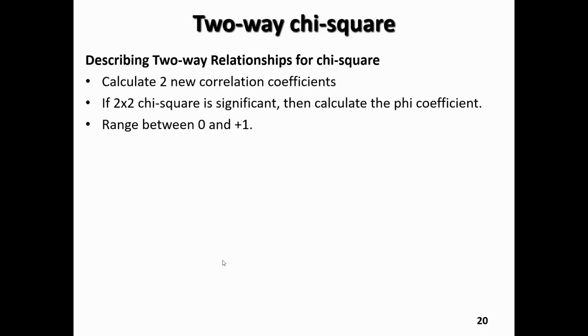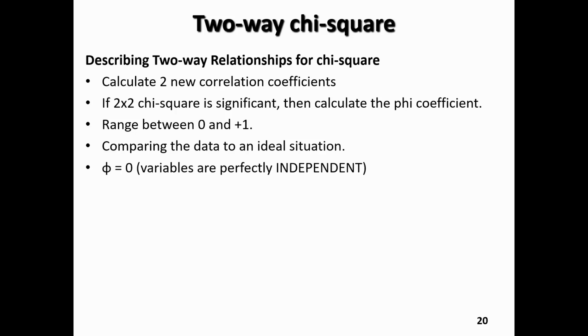And so what we would do at this point is calculate what's called the phi coefficient, and this is a coefficient that ranges between 0 and positive 1. So this calculation will not yield a negative correlation value. It's still interpreted as a correlation value, but it will only range between 0 and 1. And in terms of interpreting this calculation, we would essentially compare our calculation